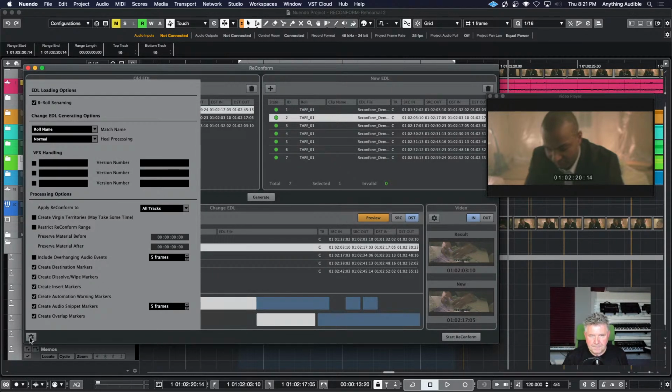Okay. So I can actually decide what I want to do in these situations. And we talked about the heal processing before. It's going to determine how it heals. The applying the ReConform to, I'm probably going to say